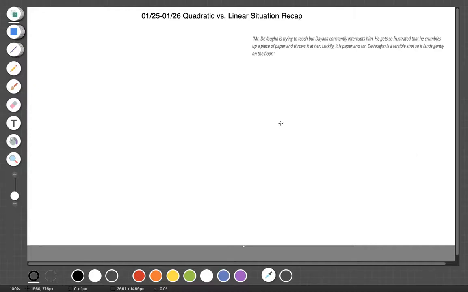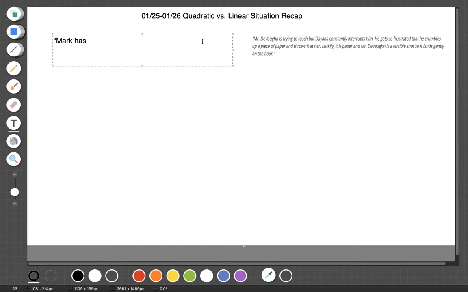All right, so the first problem asks you to come up with a linear situation. Now, this should be a review from what we did in units 1 and 2. So a linear situation is something where you're adding or subtracting. So it could be all kinds of different things. Let's just say,